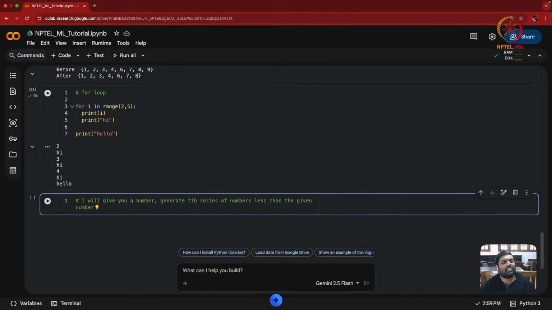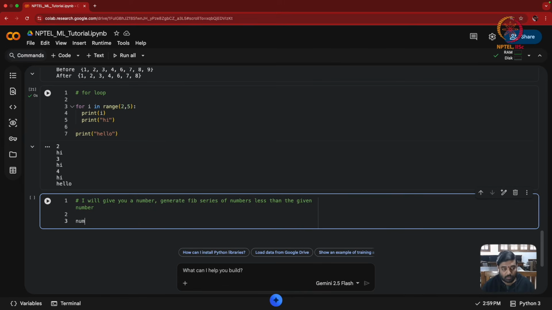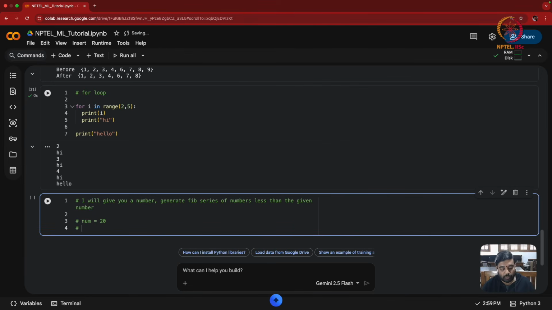So let's say that I'll give you the number equals 20. Now what should be the output? 0, 1, 1, 2, 3, 5, and then 8, then 13, then comes 21, but 21 is greater than 20,